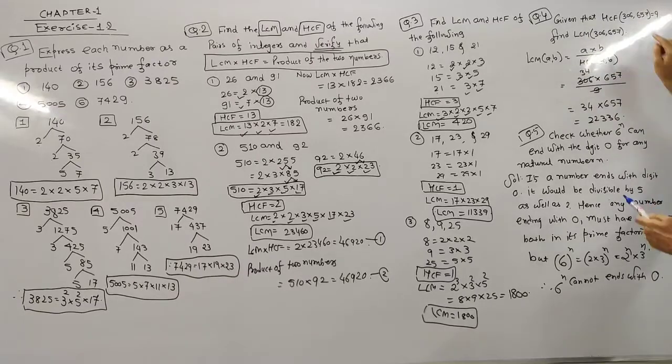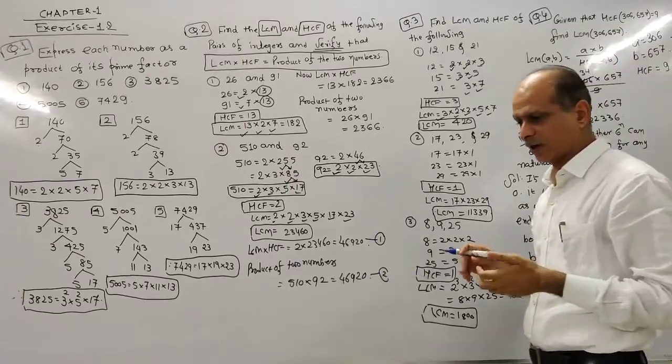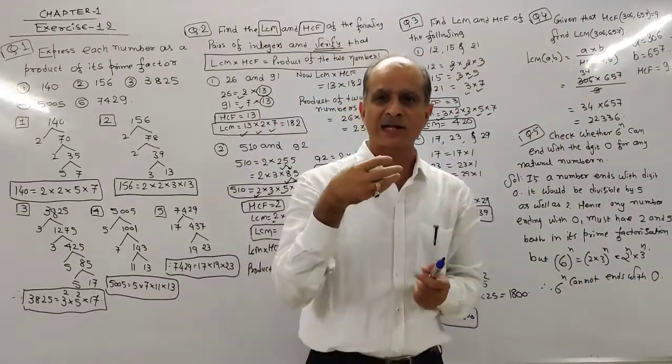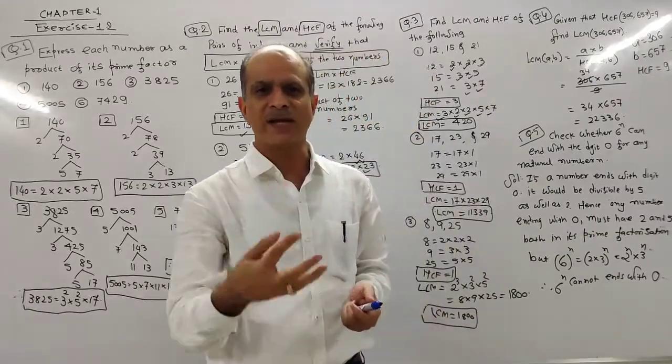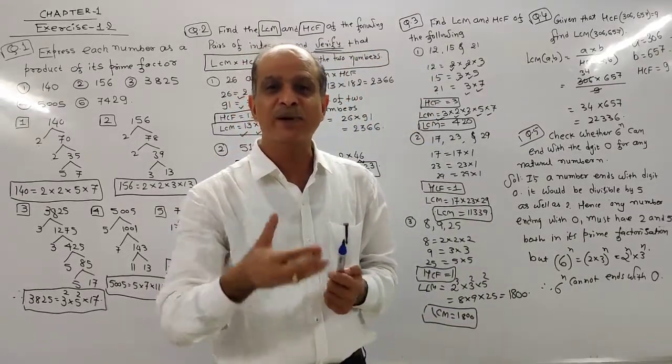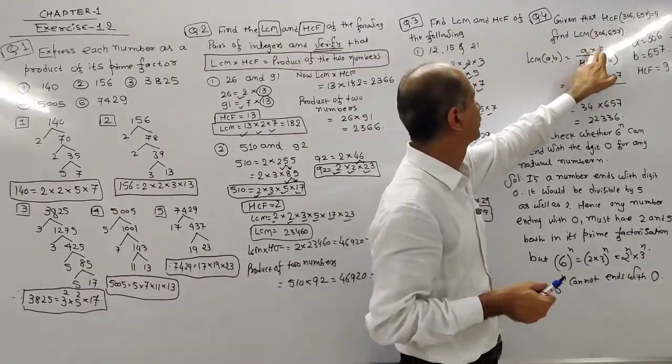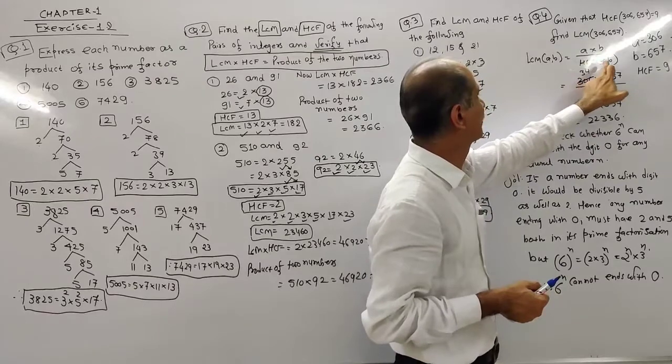You know, two numbers are given to you. So first number A is equal to 306. Number B is also given, 657. And HCF is also given to you, that is 9. How to find out LCM? Oh, you can use the concept number 5. LCM into HCF is equal to A into B. So you can prepare one formula, that is LCM is equal to A into B upon HCF of A and B.